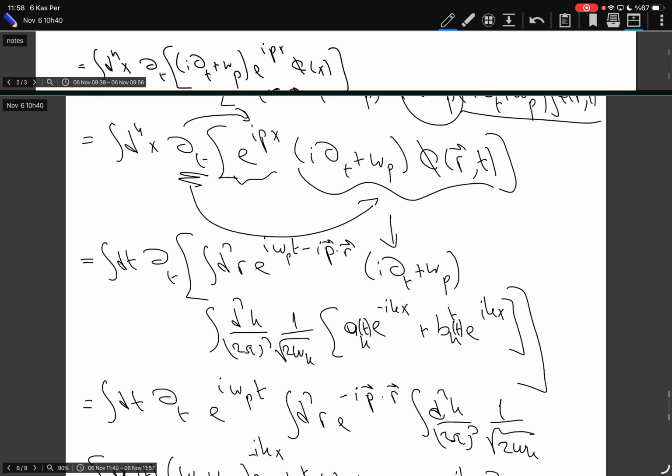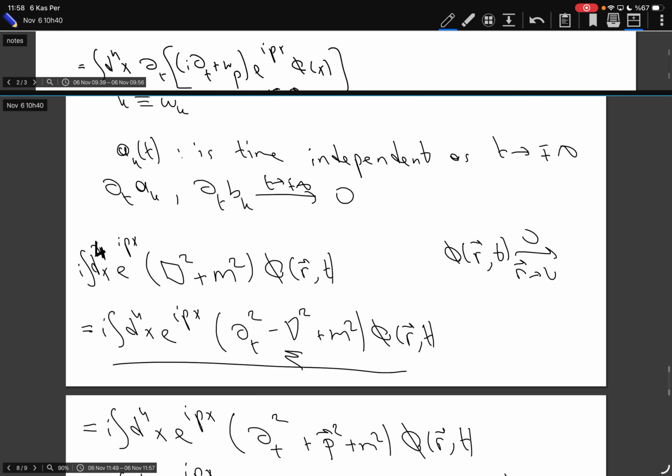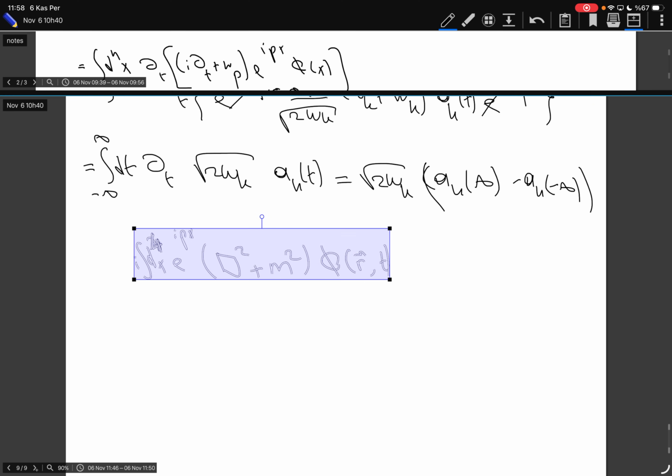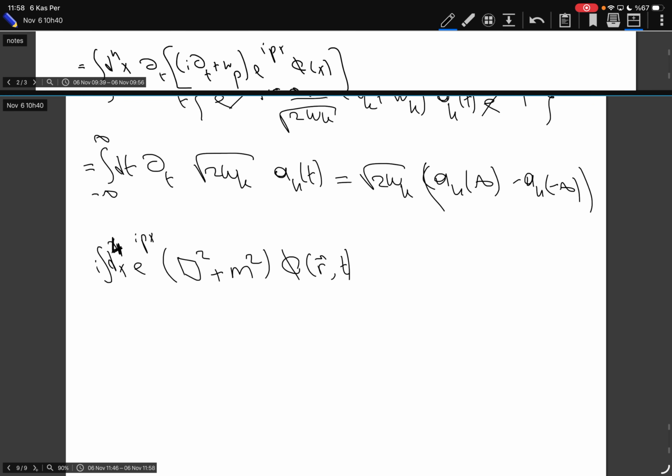So what did I obtain? Whatever my field is, whatever phi is, it can be any particle. In fact, it doesn't even have to be a single field. It can be a composite operator which creates two particles at the same time, like an operator that creates, I don't know, the hydrogen atom. Phi can even be such a field, creating more than one particle at the same time. And this will be basically square root of 2 omega K, a_K infinity minus,